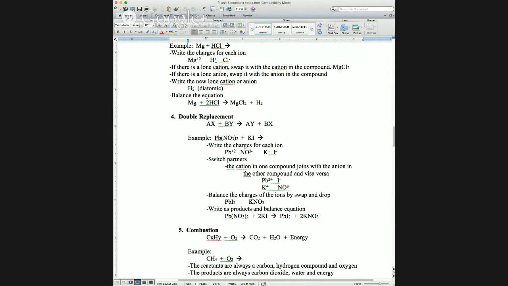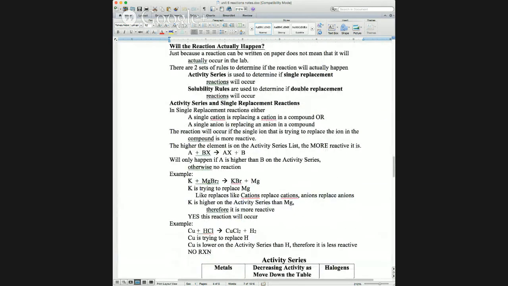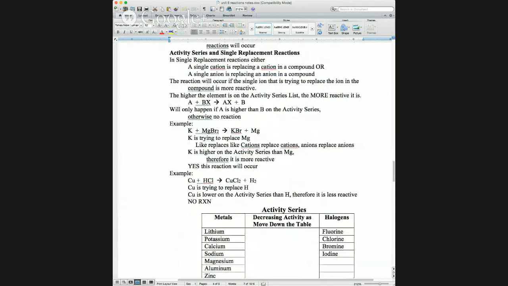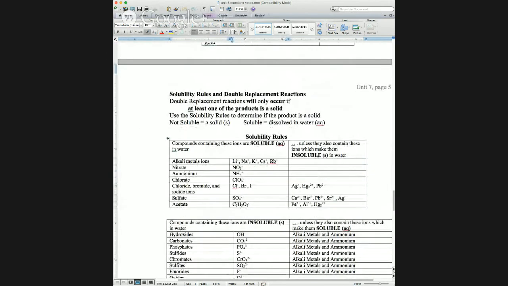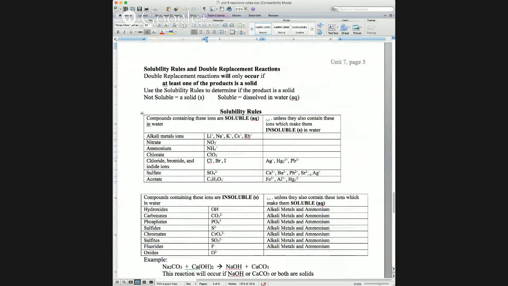You can recognize a double replacement reaction. I like to say it just goes on and on for days. Like here you can see compound plus compound yields compound plus compound. I mean, there's just so many. That's a double replacement. That's when you know that you're using the solubility rules. Now, it starts on page 4 with the activity series, but we want page 5, right? So the solubility rules are only for double replacement reactions. And when you look at this,